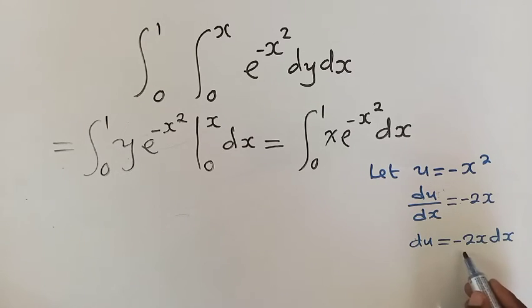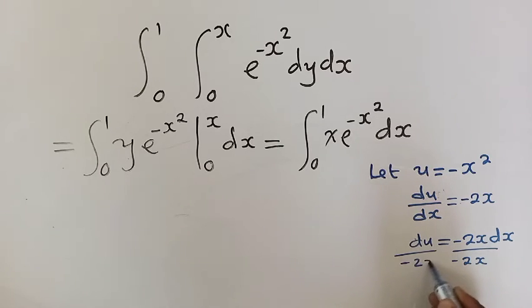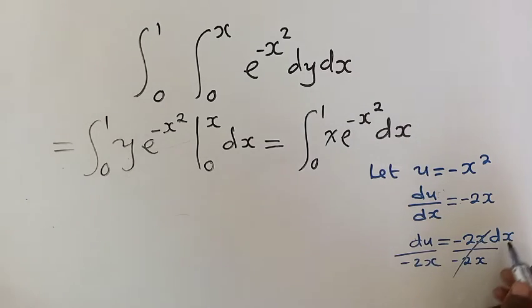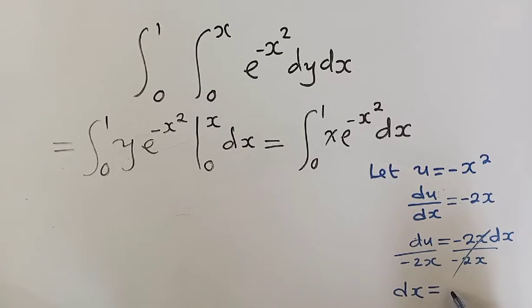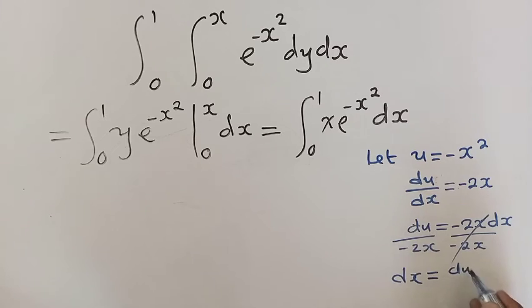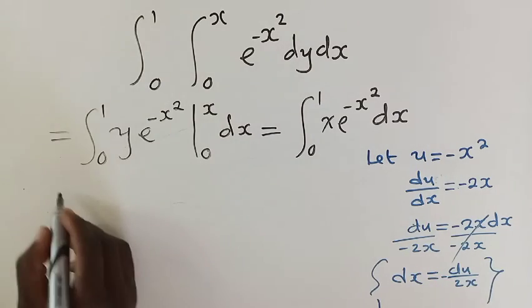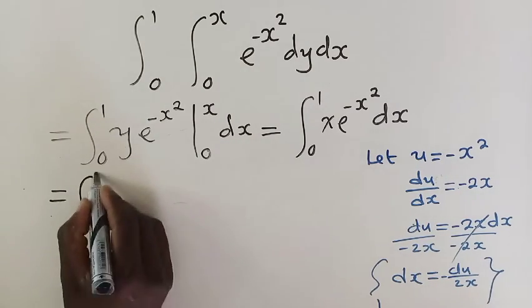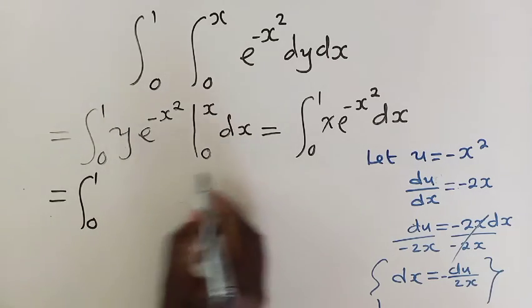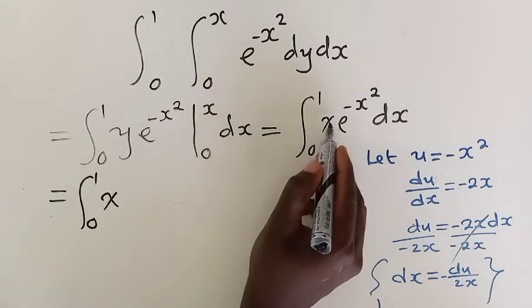We are making dx subject of the formula, so we divide by negative 2x on both sides. This and this will cancel, so we remain with dx, which is equal to negative du over 2x. This is very important, okay? So now, since we have those, we can now say the integral from 0 to 1 of x,